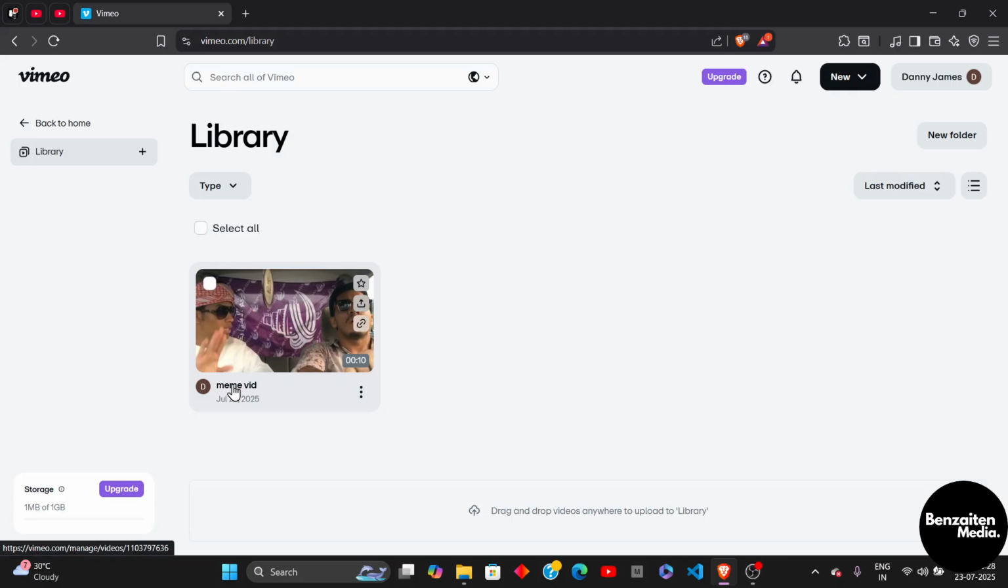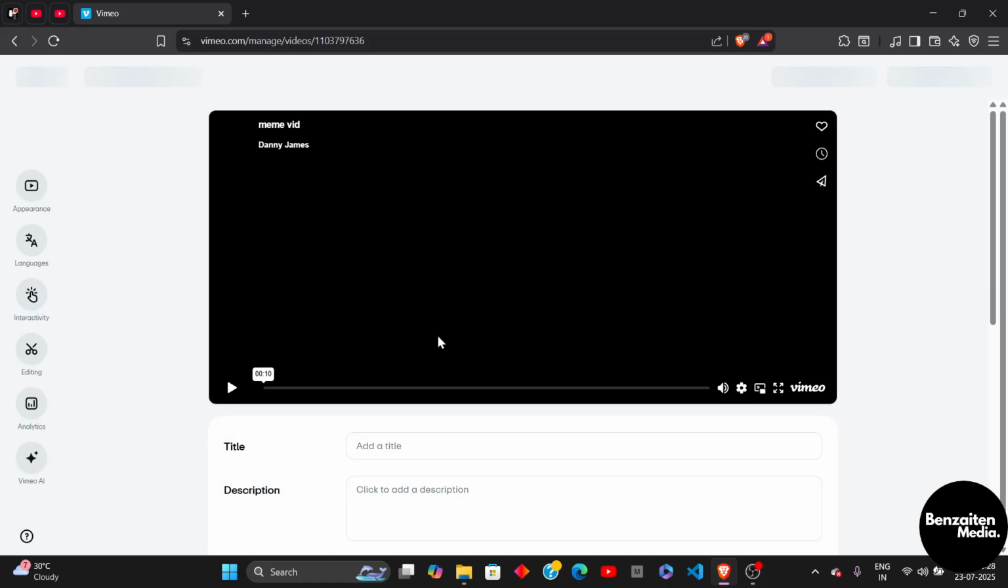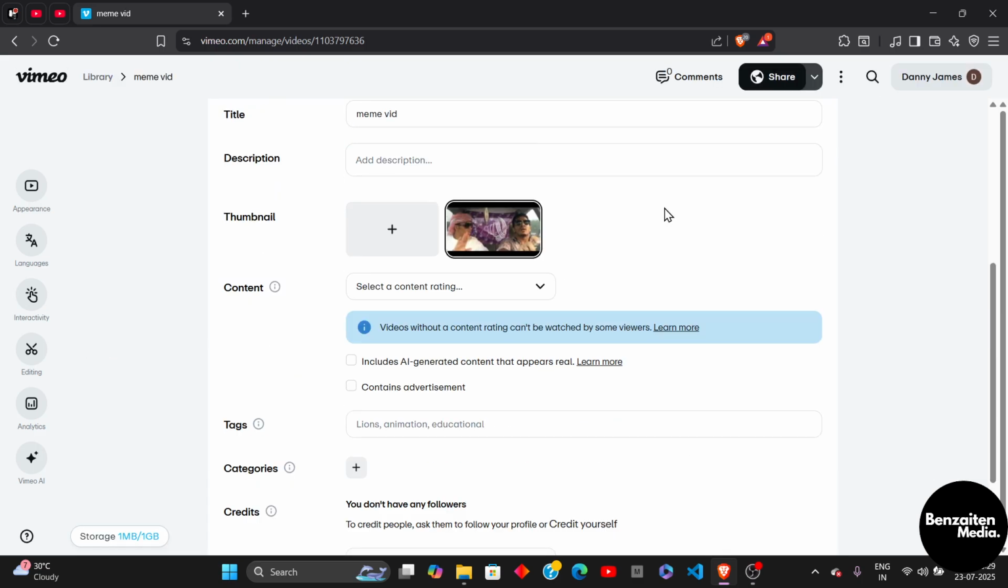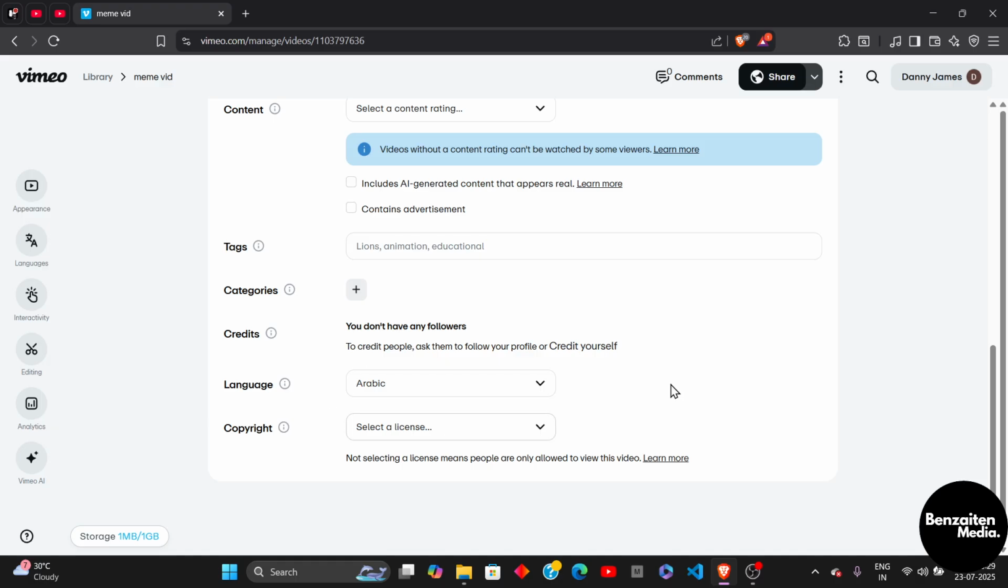the video. For selecting the video, you need to click on the video title, and after that this will open the video settings. So from here you need to scroll a bit down, and then when you can't see a privacy section here, on the right side at the top, you can see the share icon. Click on this, and then from here